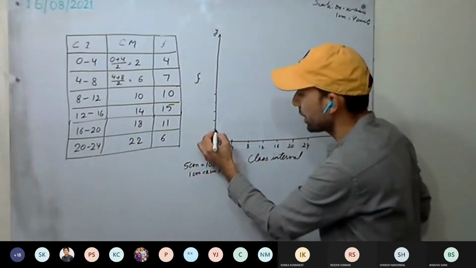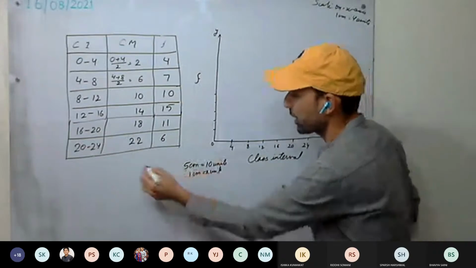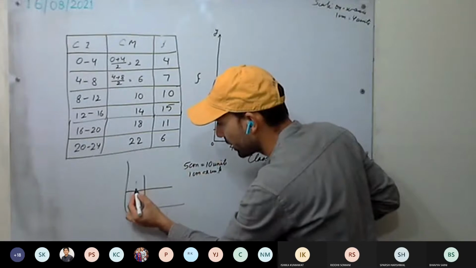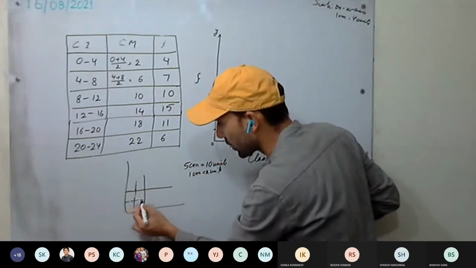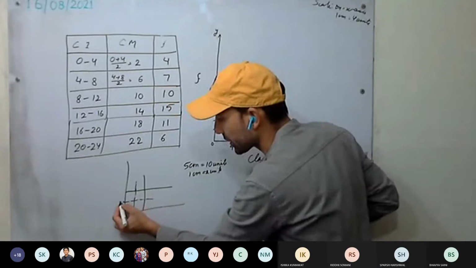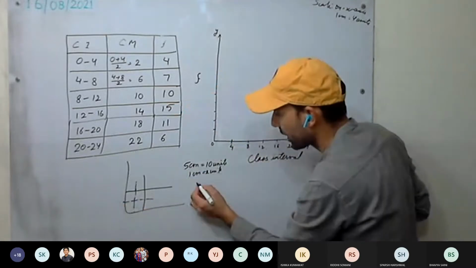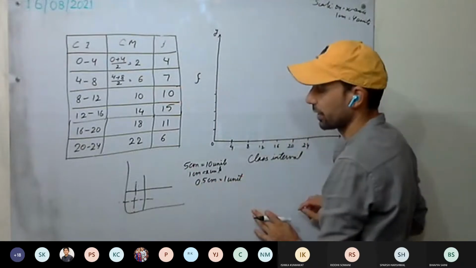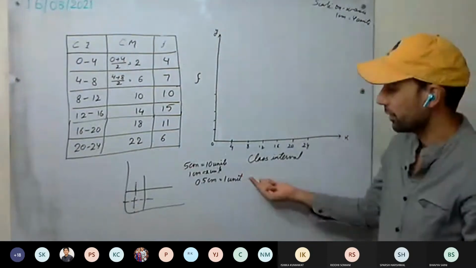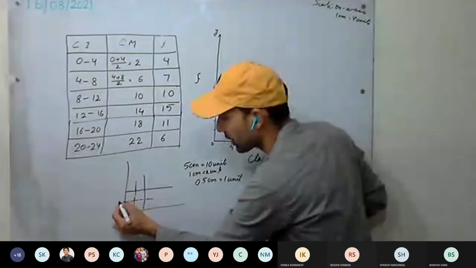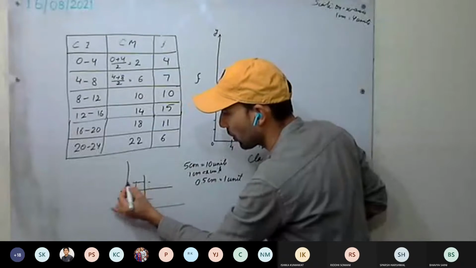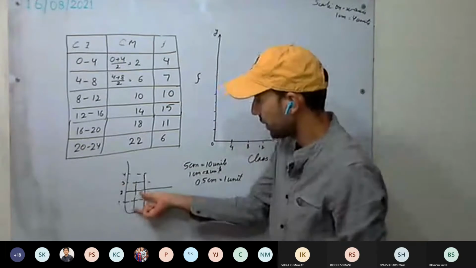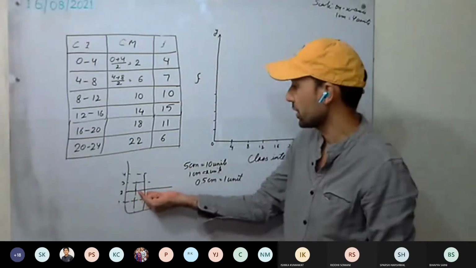Understood? You can see these are 1 centimeter blocks. Okay, see in graph paper you have the blocks like this. Green blocks, and you can see a little less bold. So this smaller one we can take as, okay? We can take it like this, 0.5 centimeter equal to 1 unit. This is fine. So this will be our 1 unit, 2 units. Then again small block, 3, 4. It means in 1 centimeter we are taking 2 units. Understood this time?